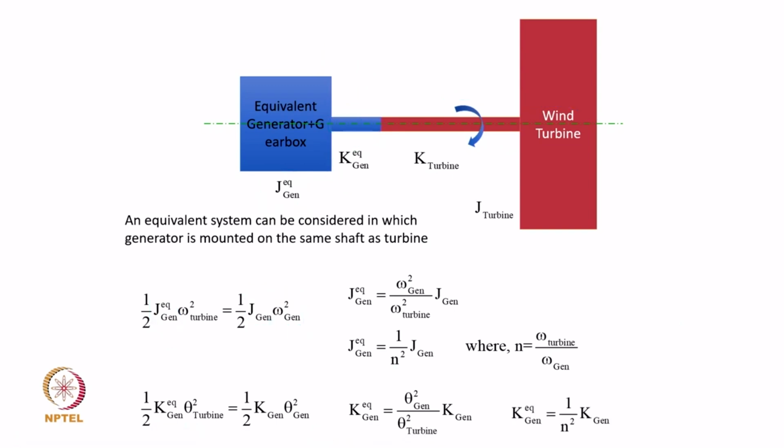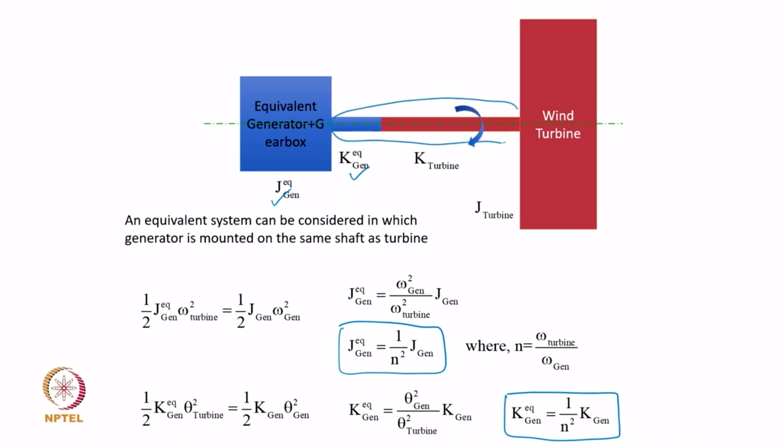So, once we have the equivalent generator inertia and equivalent stiffness of the generator shaft, we now have to find the stiffness of the entire shaft which connects the generator and